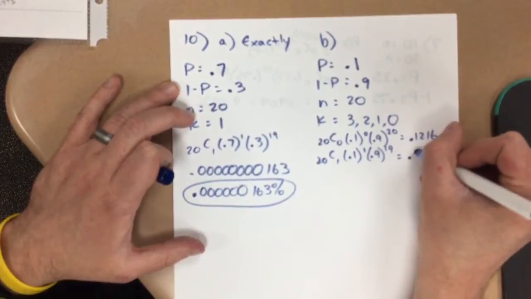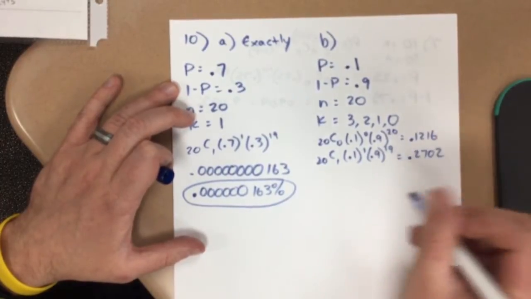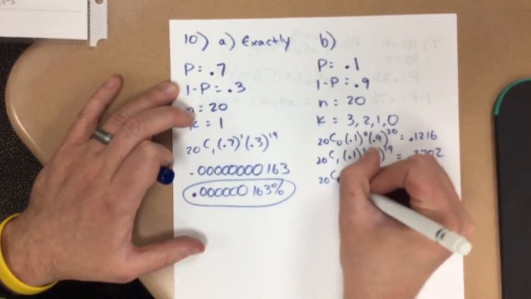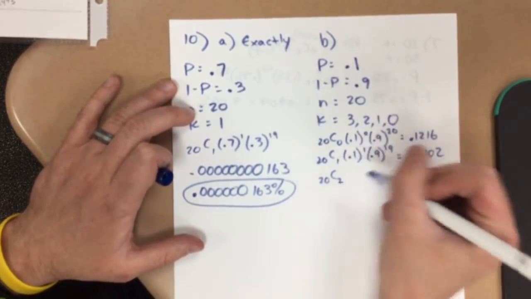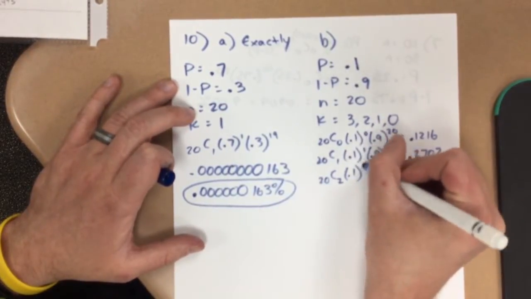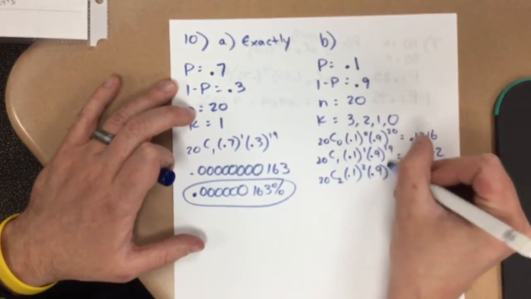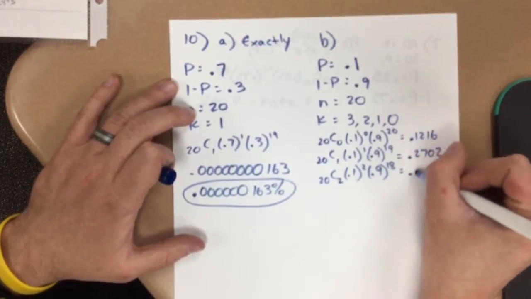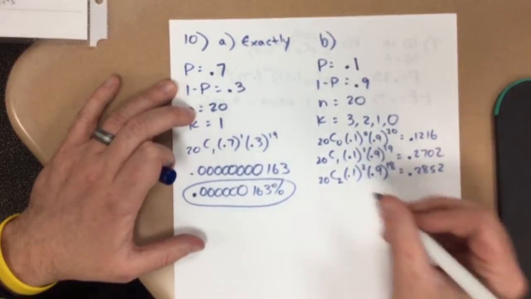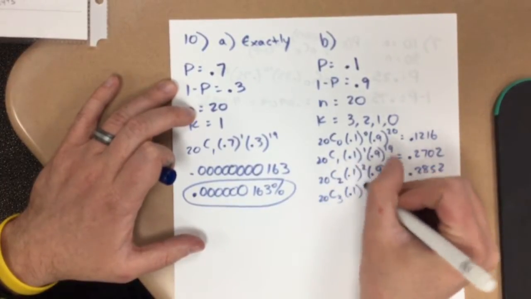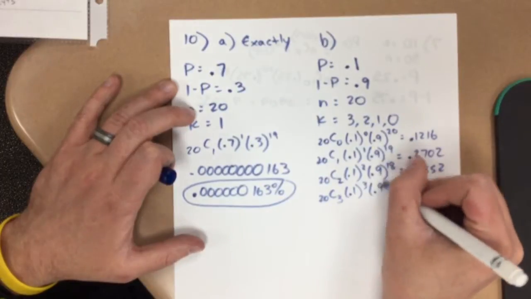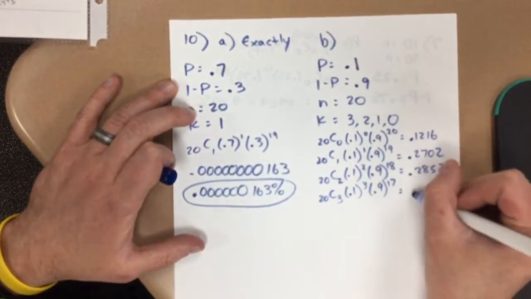That's going to be equal to 0.2702. Okay, 20C2, that'd be 2 people out of the 20 that are allergic to animals. 0.1 to the second, 0.9 to the 18th, that's going to be 0.2852. And then the last one is going to be 20C3, 0.1 to the 3 times 0.9 to the 17. Calculating that out, it'd be